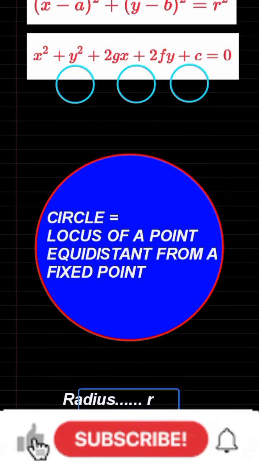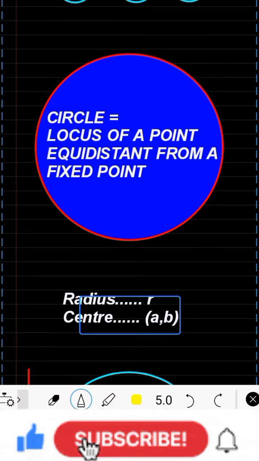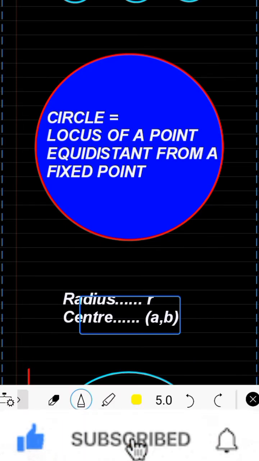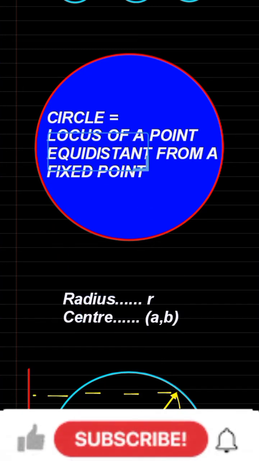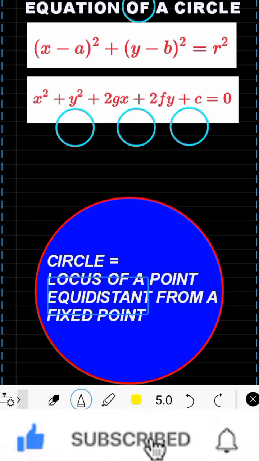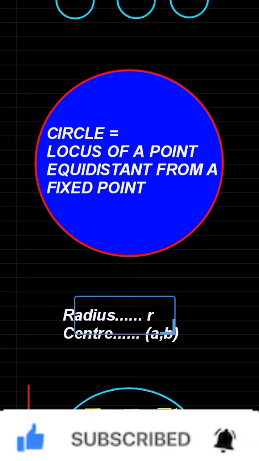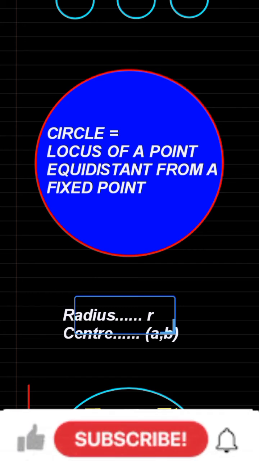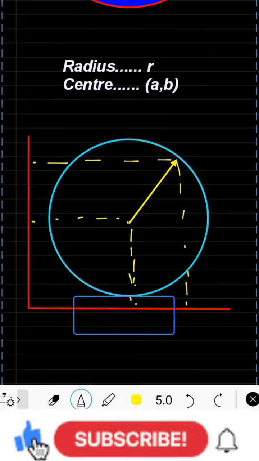To completely define a circle, we need two things. Number one is the radius of the circle, and number two is the center of the circle. The fixed point we refer to here in this definition, equidistant from a fixed point, that equidistant distance we are talking about is the radius of the circle that will never change. The center of the circle here will be in the form of the coordinate of the center of the circle. Take for instance, we have a circle that has a center of